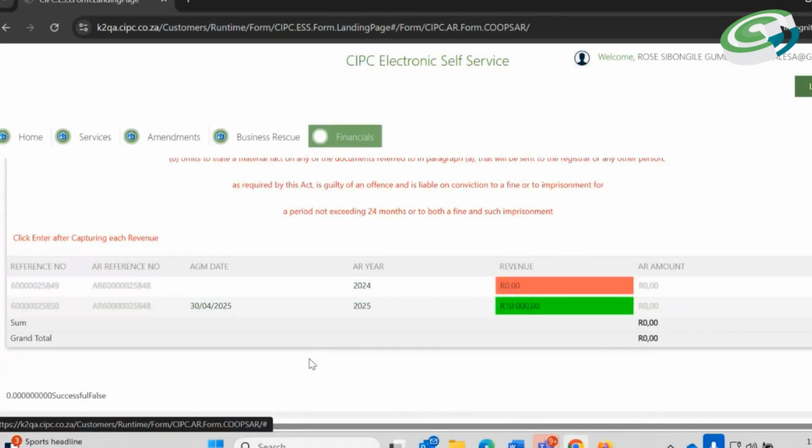Thereafter, you scroll down to capture the revenue, which is the turnover for the year you are filing the annual return for.